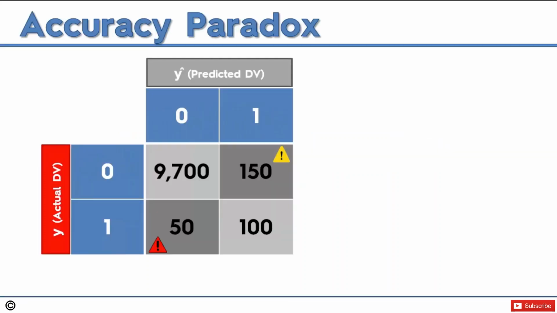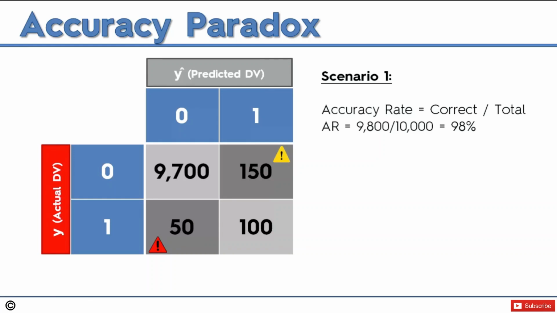Here I've got a confusion matrix, and this confusion matrix has 10,000 records in it, and it represents scenario number 1, which we'll be looking at. As you can see, this model has made 150 type 1 errors and 50 type 2 errors, but overall it predicted quite a lot correctly. Now let's calculate the accuracy rate in this scenario. The accuracy rate is the total correct divided by the overall total, and it's 9,800 divided by 10,000, which is